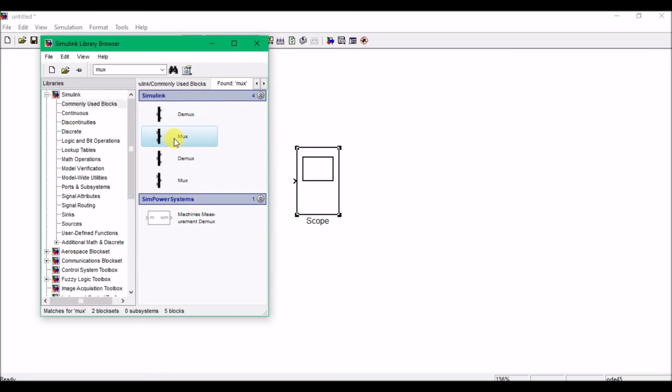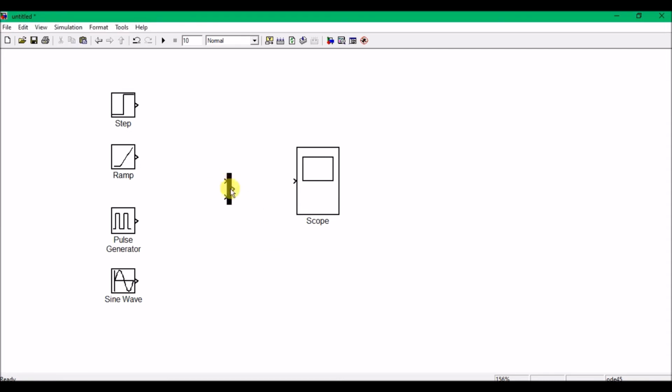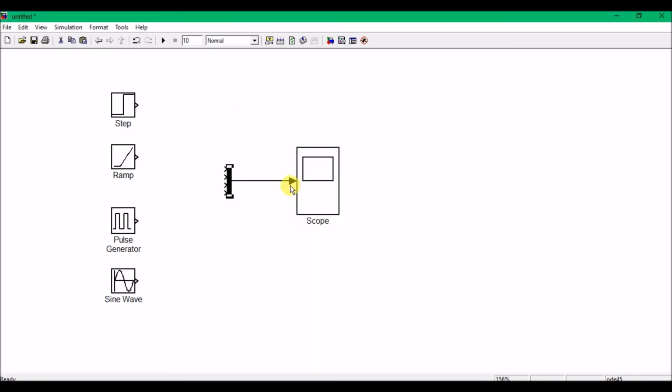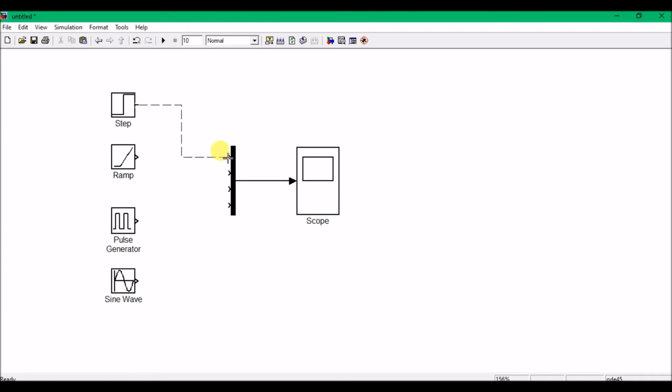So what we need is a mux. You just drag it out here and take the mux here. Now you can see output is matching as 1. I need one output, right? But I need 4 inputs. Here it is having 2 inputs. So just click here, and here number of inputs you make it 4, and okay. So we'll get 4 different inputs. Okay, so once you make 4 different inputs, drag all these things together to the mux,